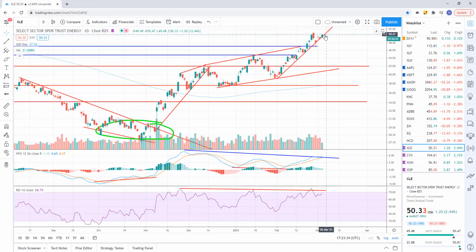At these levels, I think there's probably a pullback in oil. I would be looking to buy pullbacks in oil, but I'm not talking about just a 5% pullback. I think we could probably pull back down to this 37 area in XLE, which would be a drop from where we're at now of about 25%. That might be an area that I'll be looking to go long oil again. So near term, I'm bearish, but